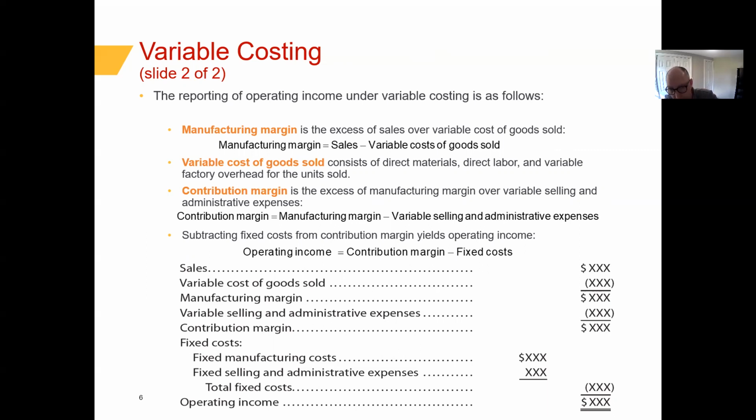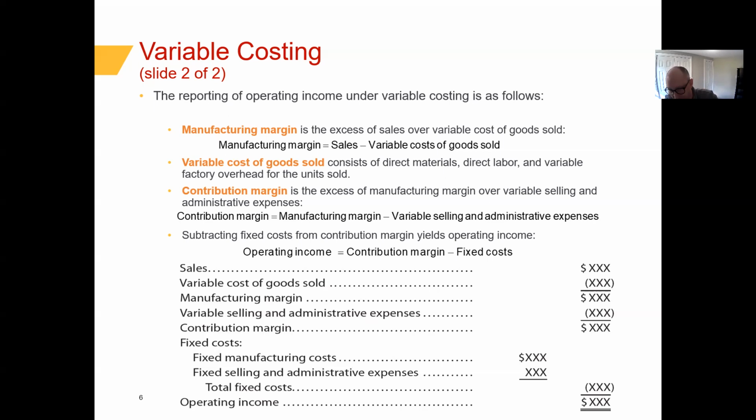So sales minus variable cost of goods sold equals this thing called manufacturing margin. Manufacturing margin is quite simply sales minus variable cost of goods sold. What this represents is, I guess you could say, the gross profit. Very similar in nature, right? It follows that same principle. So sales minus variable cost of goods sold equals